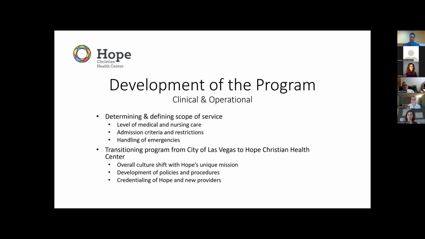They also can be admitted from one of our clinics, or from the street medicine team or clinic at the courtyard who feels that, hey, this patient isn't really bad enough to go to the hospital, but they just need a little extra attention to get their medical issues kind of back in control. The patients also have to be willing to sign a contract that they'll participate in their care and they'll abide by the facility rules.